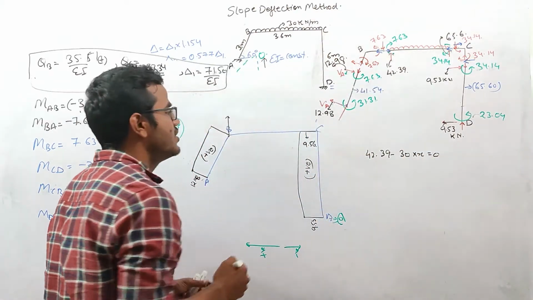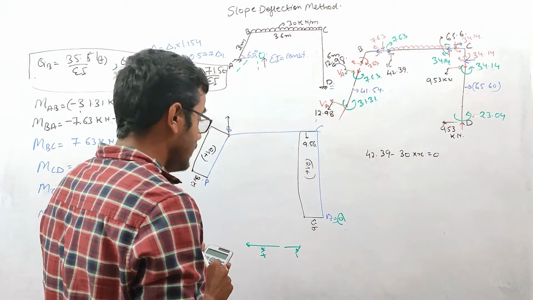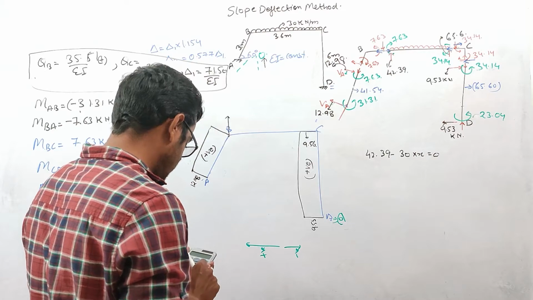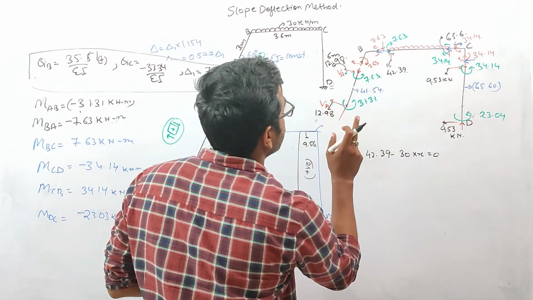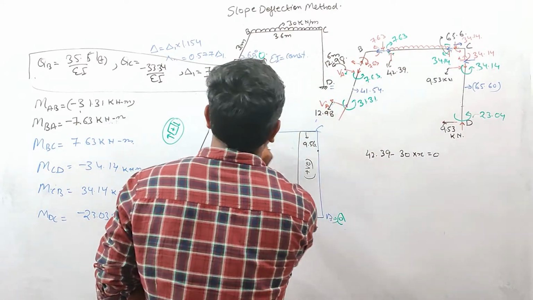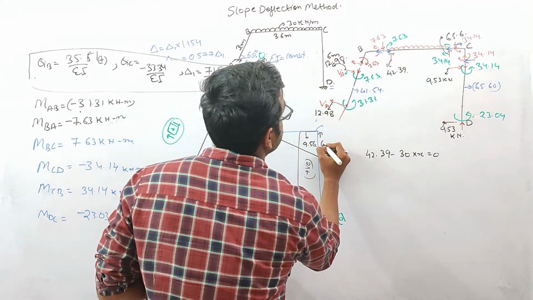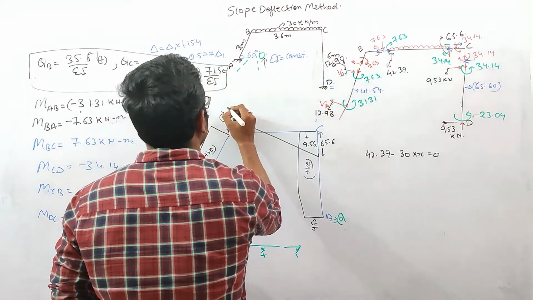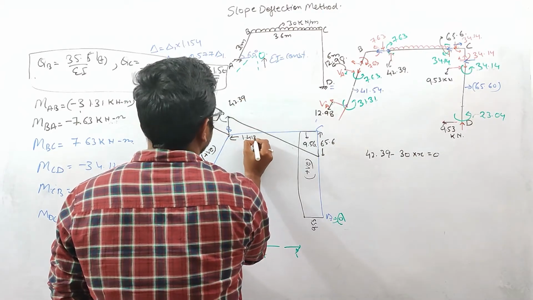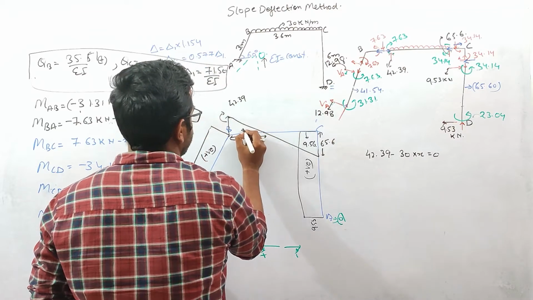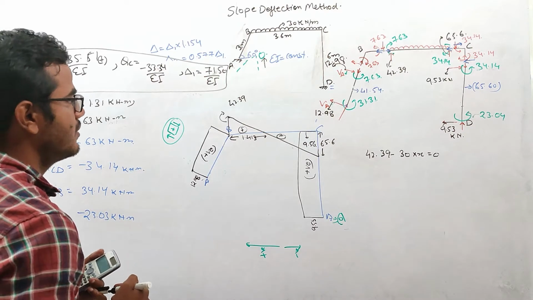At what point the shear force will be 0? So 42.39 divided by 30, 1.413. And at this point, this is the 65.6 value. This value is 42.39. This distance is 1.413. The shear force is changing its direction from positive to negative. So this is the shear force diagram for this frame structure, right?